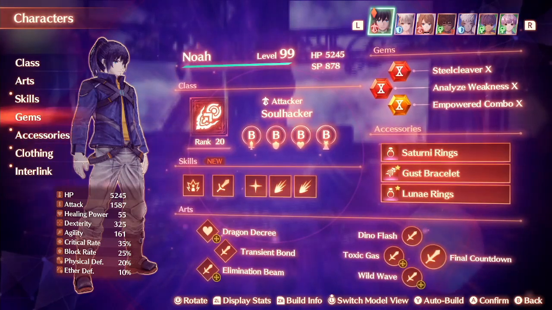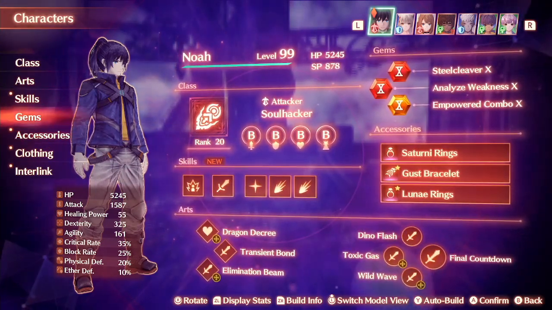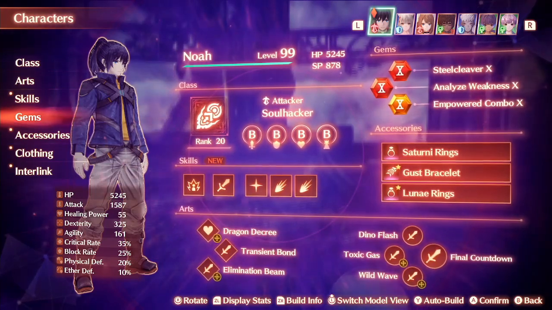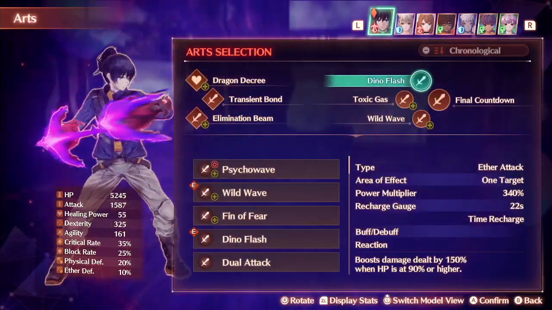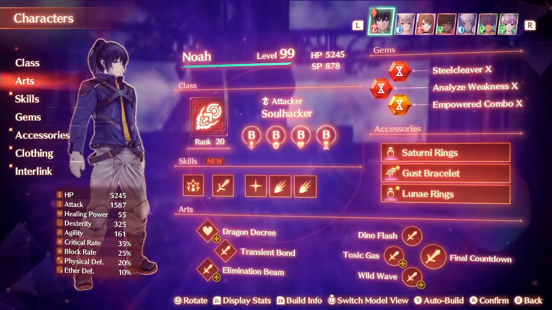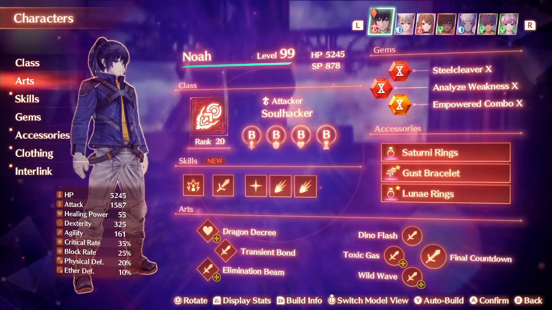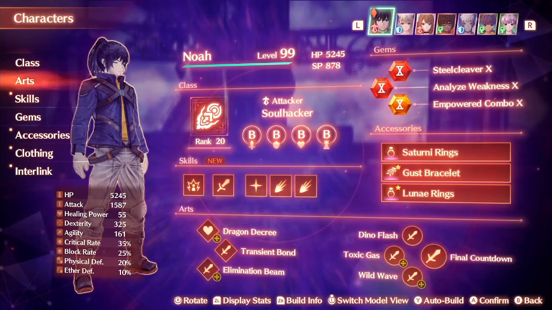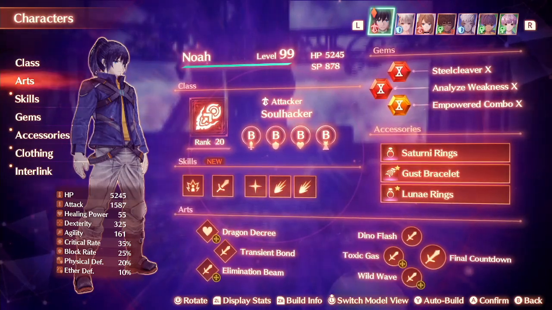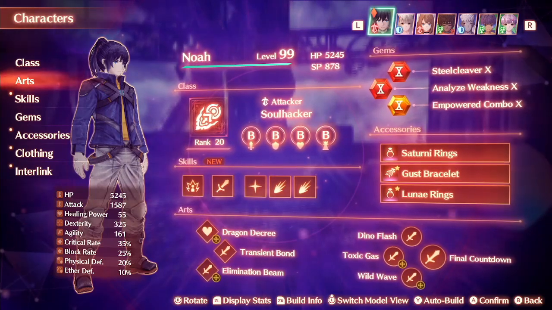Anyway, for accessories, I have the Saturni Rings for a good damage boost, the Gust Bracelet just to ensure that I have art set up, although that's kind of a tense one. I am going to have it on though, because some of the art charges take a very long time to build up, so I don't want to haste it. So I'm going to keep it for now,